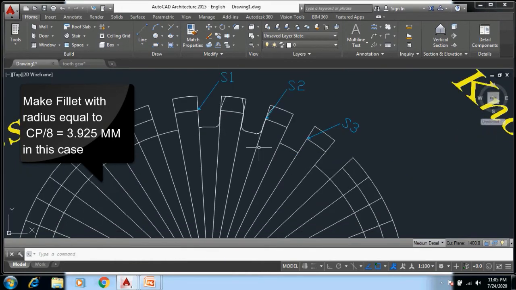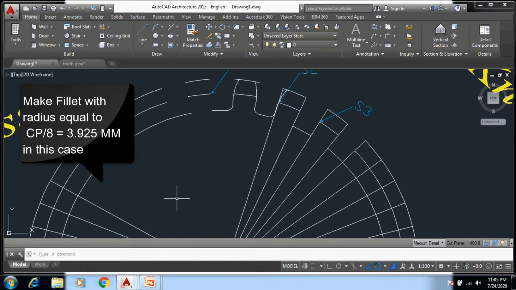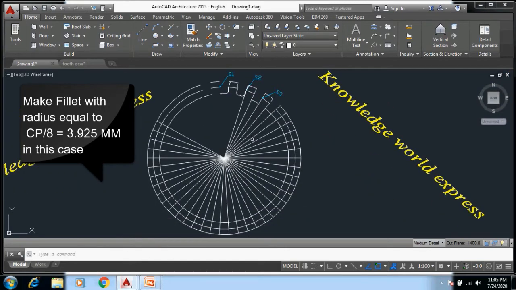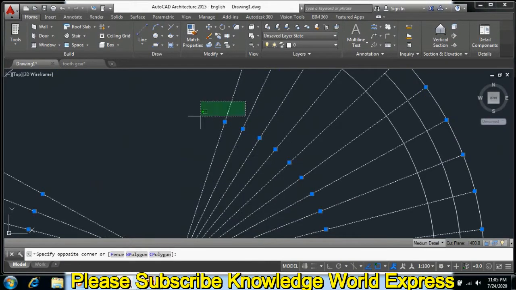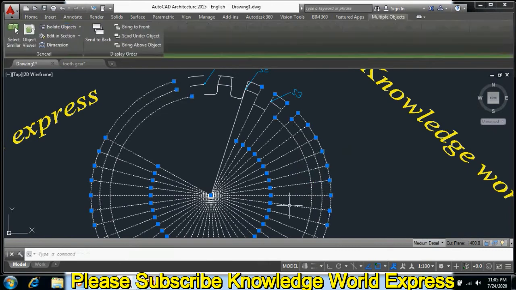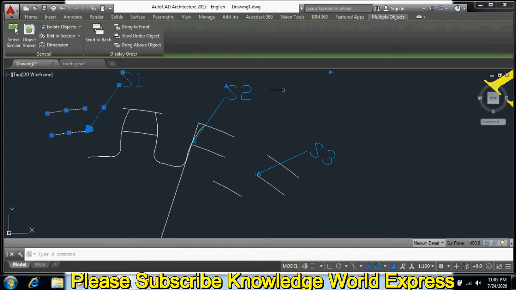Now we will delete all other things which are not required here. This whole object should be deleted. This whole lines should be deleted. This may also be deleted. And now we will delete this reference point also, because the work has been done.